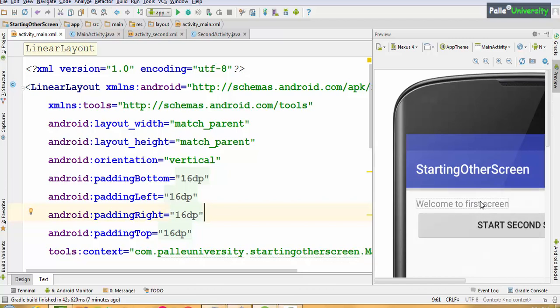So, though on the board while explaining I told you to declare a text view variable and a button variable, it is not mandatory to declare the text view variable because we are not going to change the content of the text view through Java code. In that case, you don't have to declare that variable.